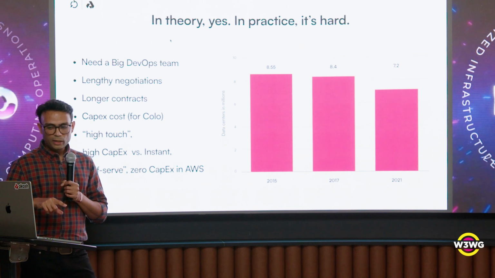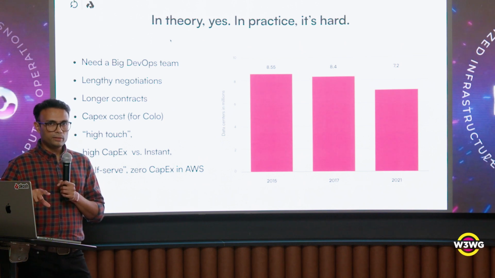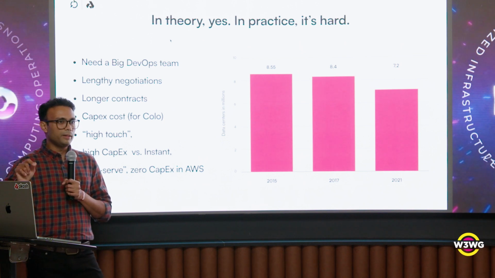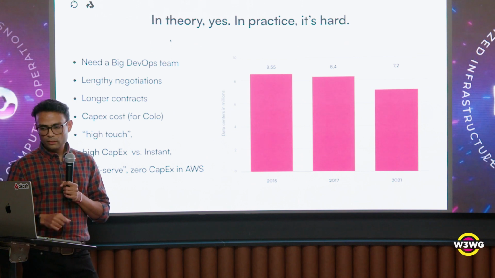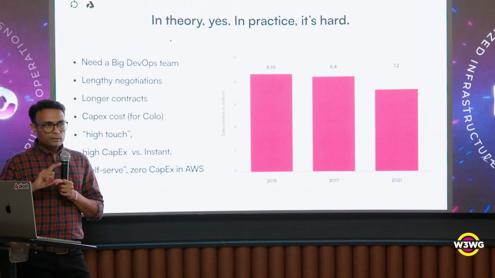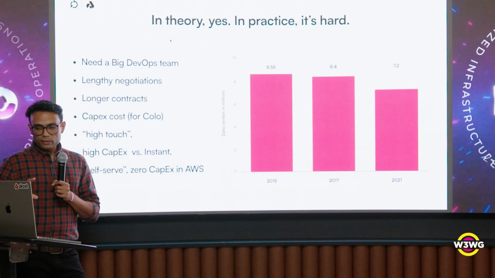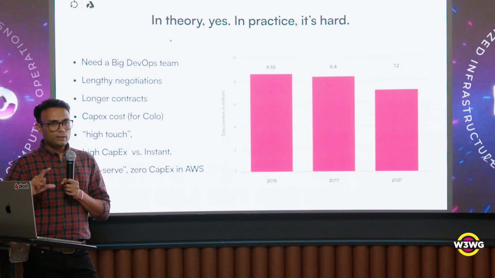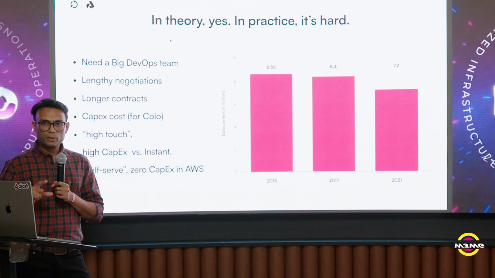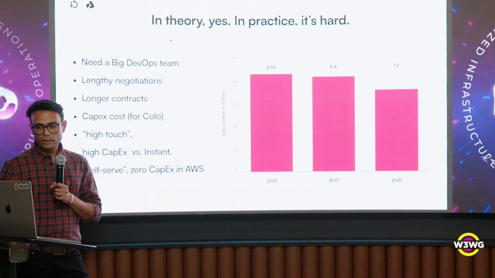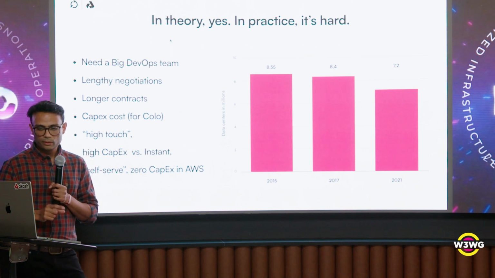So what you can see from this chart is that there's been a decline in the number of data centers, and these are basically independent data centers, not public clouds. While the decline is kind of sad to see, at the same time there still are a sizable number of these data centers across the world, right? There's still over 7 million of these.